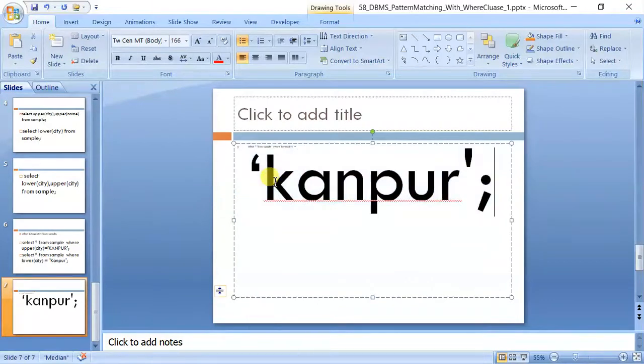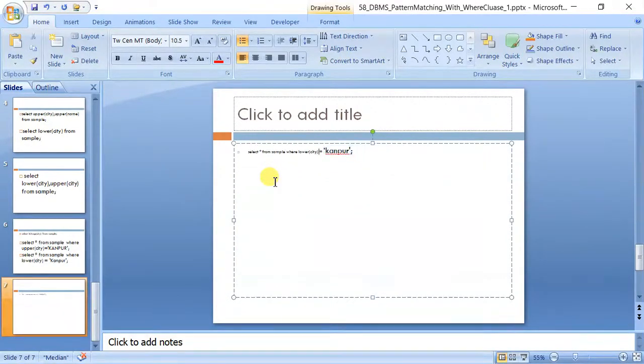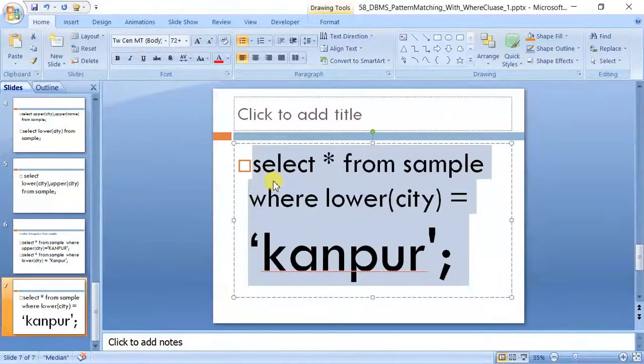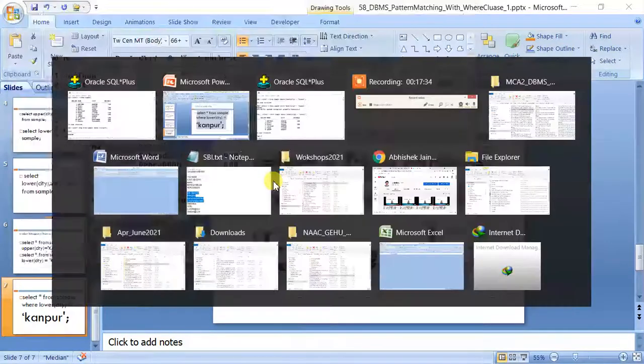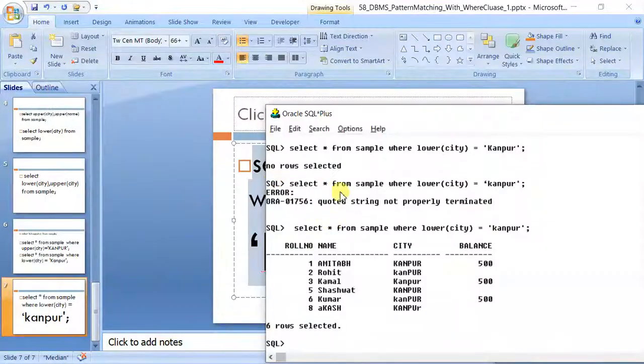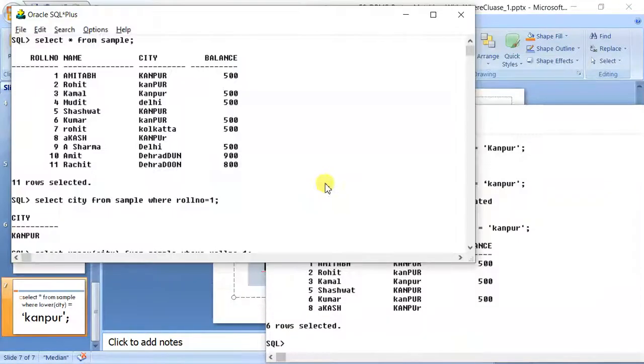Okay, let's correct it and go back. So this is how you can simplify or avoid multiple writing in OR conditions.